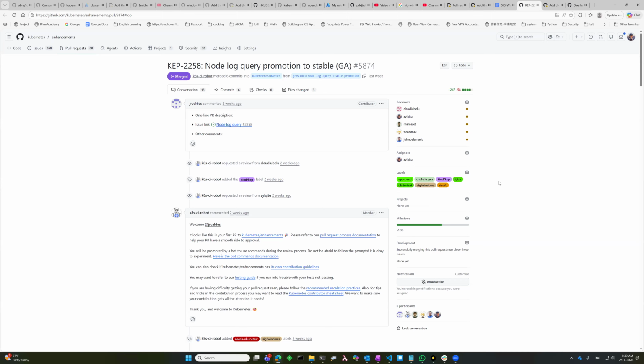So the feature gate can be removed. However, behind the feature gate there are options, and those options should always default to false. Yeah, correct. But I'm talking about the feature gate itself. So the proposal for the promotion to GA would be to remove the feature gate itself, or to set it to enabled by default? No, I think the feature gate gets removed. Mark can correct me if I'm wrong, but I think the feature gate gets removed.